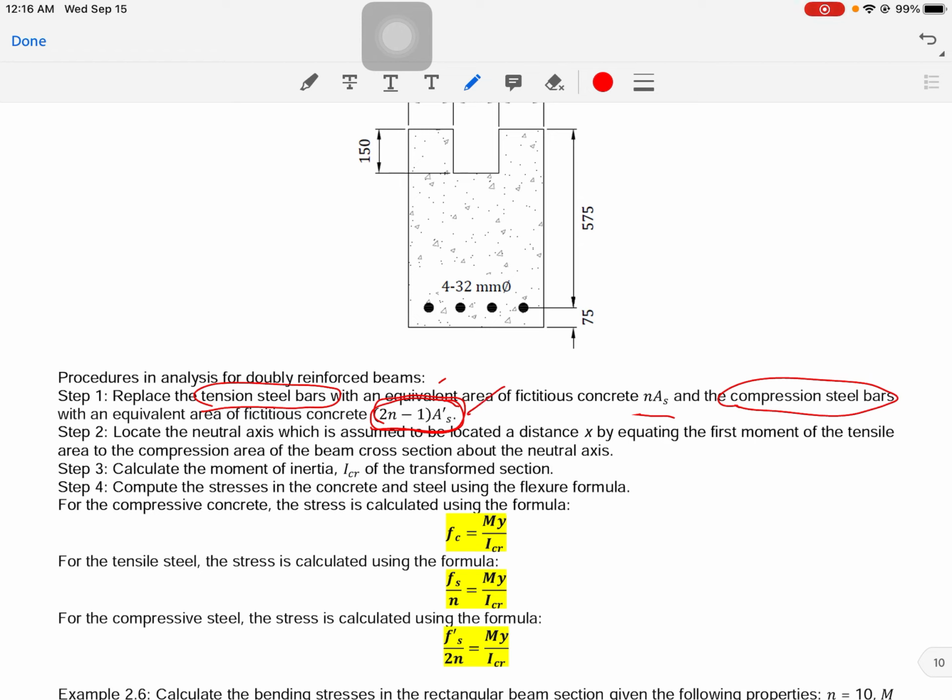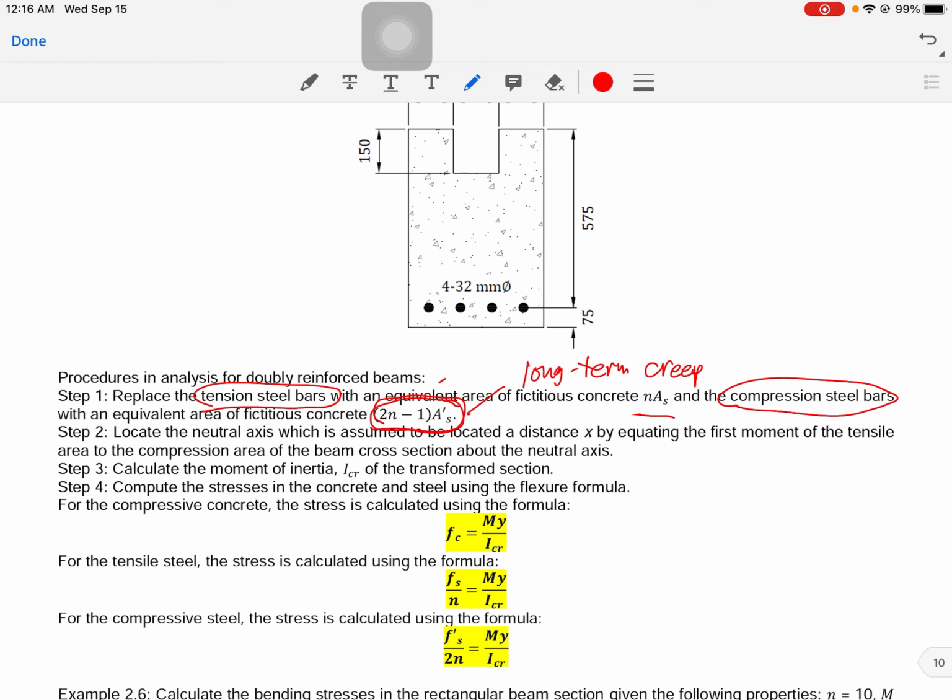The reason for this is the long-term creep. To summarize, it doubles the stress in the